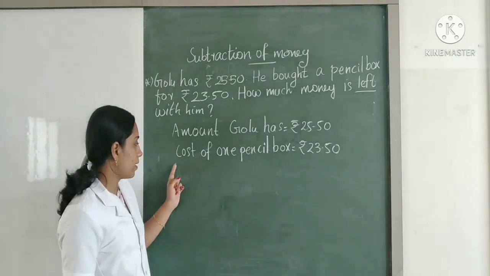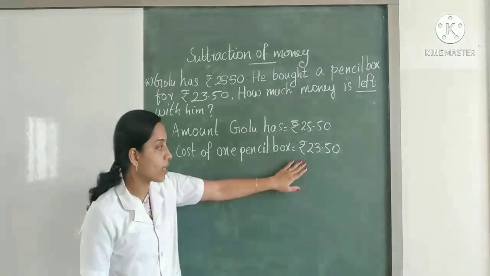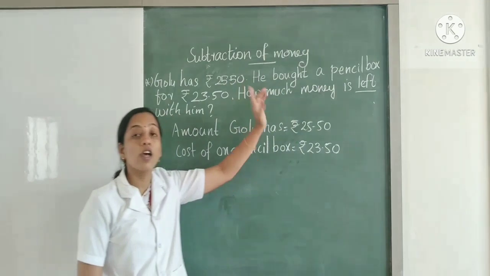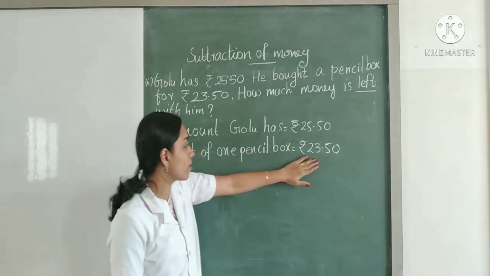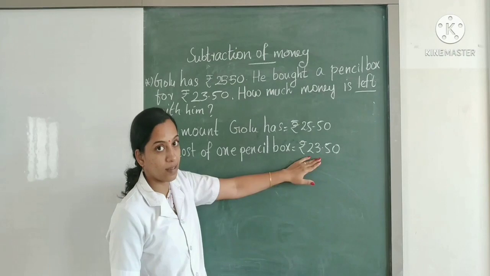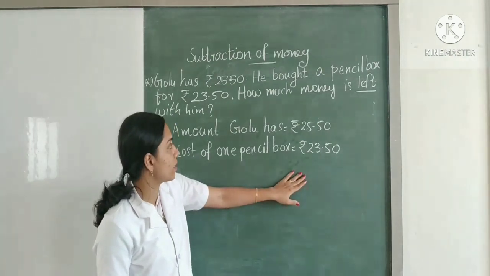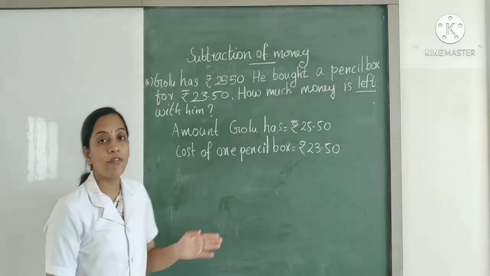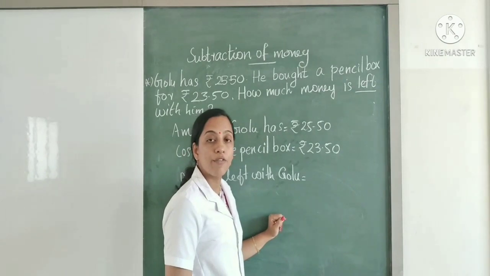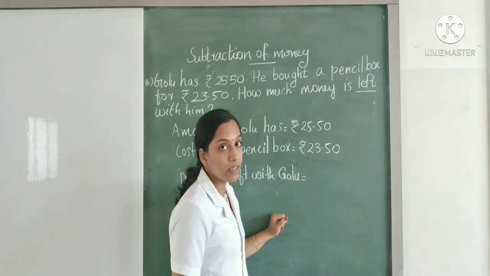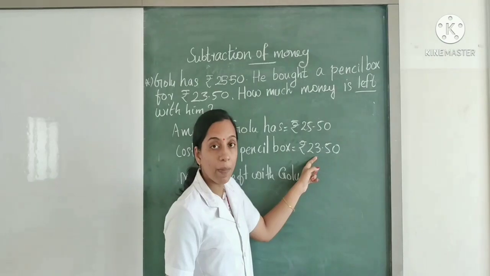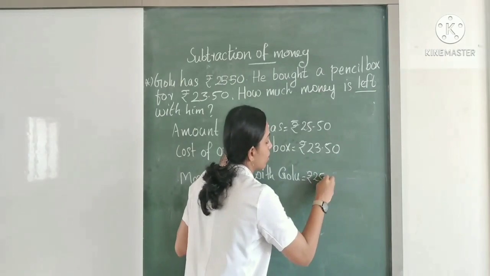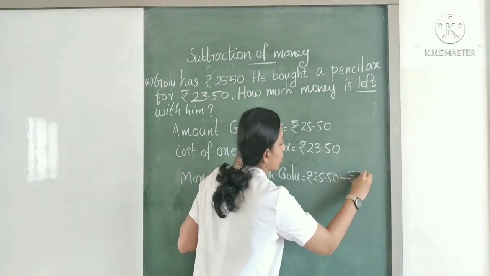Our next statement is cost of one pencil box is equal to 23 rupees and 50 paise because he bought a pencil box for 23 rupees and 50 paise. That's why we have written the second statement like this. Then what is the third statement? Yes, how much money is left with him? So let us write the money left with Golu. How will you find out the answer? Yes, let us subtract 23 rupees 50 paise from 25 rupees and 50 paise. So let us write 25 rupees 50 paise minus 23 rupees